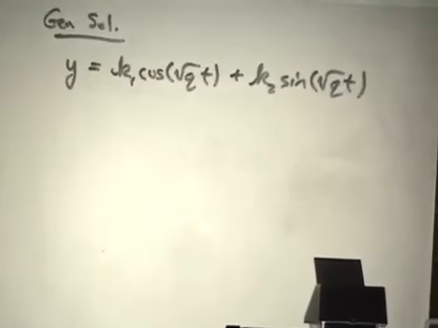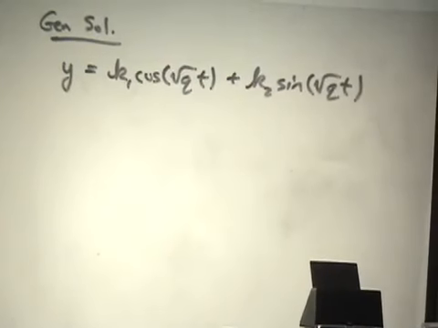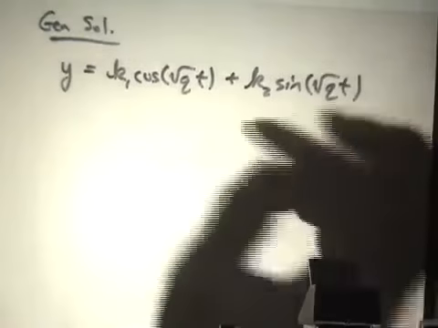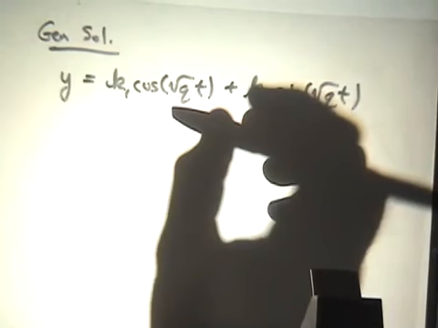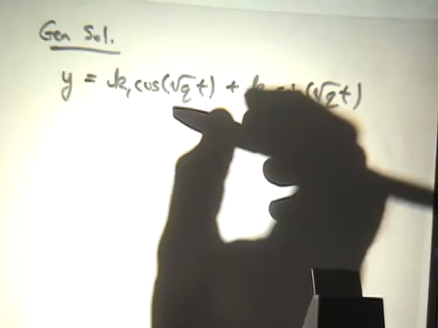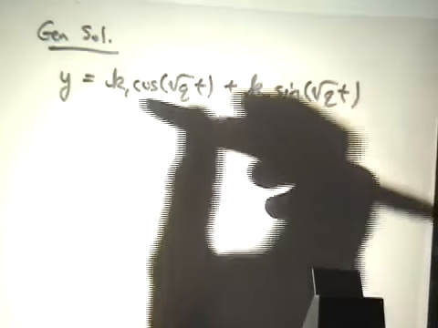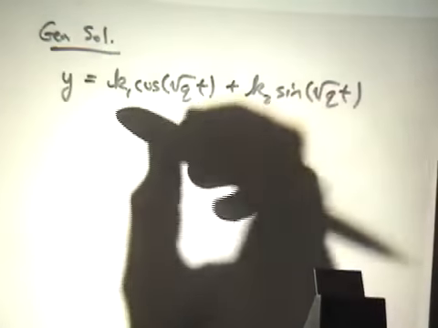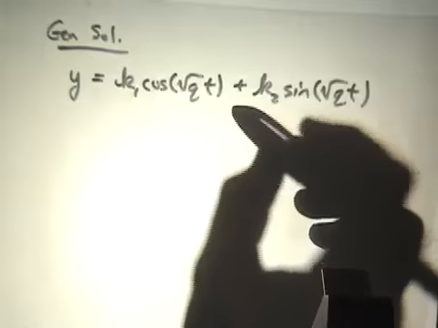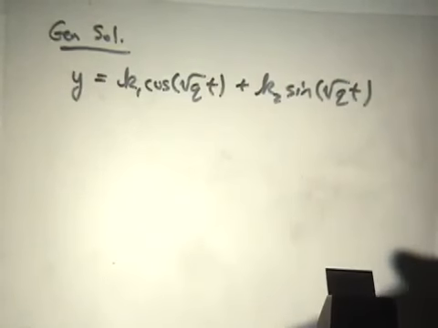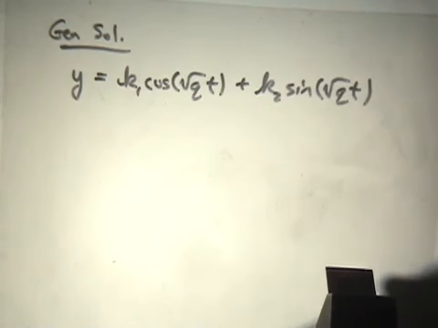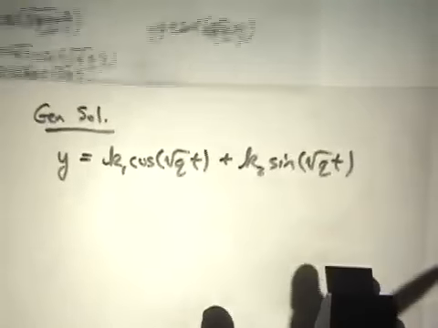My general solution is going to be a linear combination of my two solutions that I already found that are not multiples of each other. You do need two solutions like this to combine with a linear combination, where you're multiplying them by arbitrary constants and adding the result, to get the general solution of a second order linear equation like this. With the general solution, you can use it to solve initial value problems. Now, initial value problems for second order equations